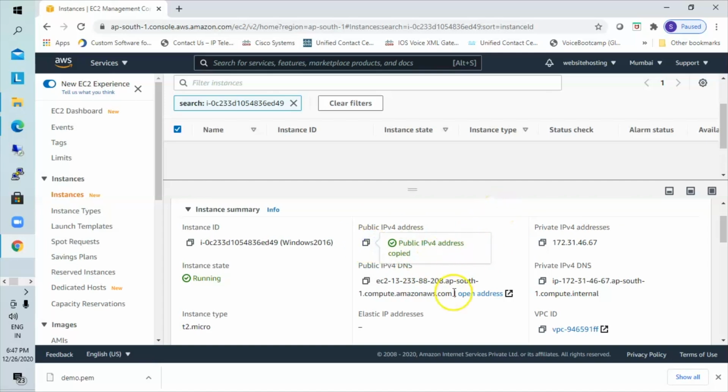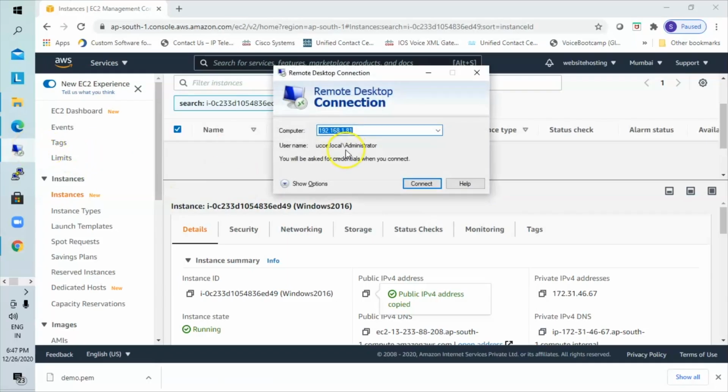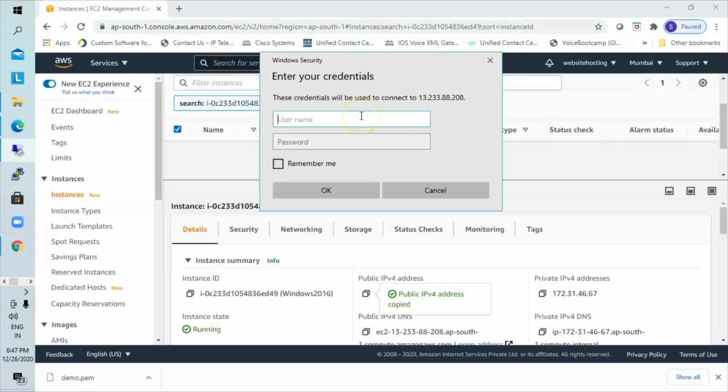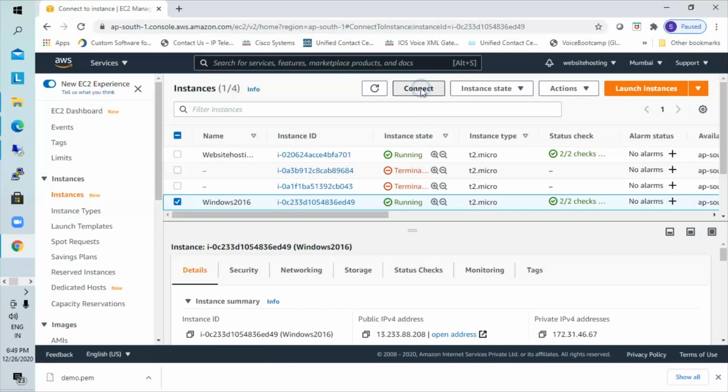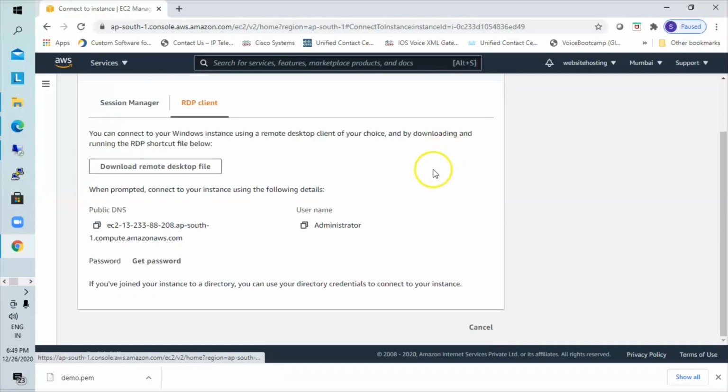So now to access that instance, we have to open up the RDP, put the public IP, click on connect, and when it asks you for the authentication, you put a username as administrator, and the password you have to generate by providing the key. So click on connect, and then click on RDP client. Here you have to get a password. So click on get password,